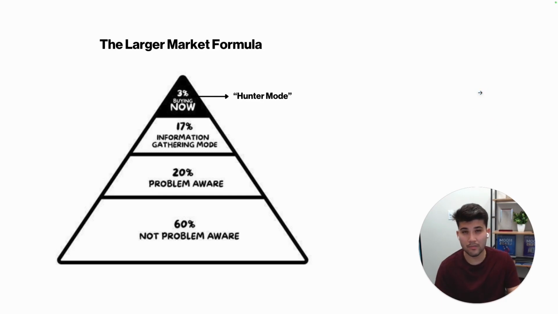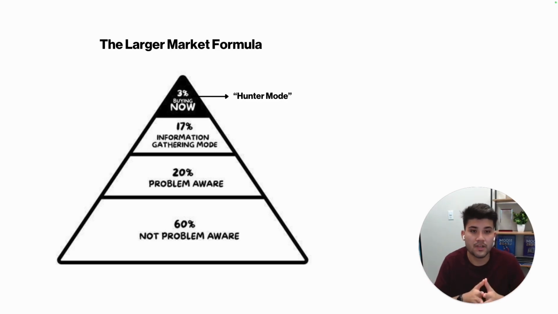It's basically because of your market. This concept, the large market formula, comes from the book Sell Like Crazy by Sabri Suby. Great read, highly recommend. And basically, what it entails is that in any given market, it doesn't really matter if it's for soccer academies, for bakeries, for any business, only 3% of your target audience is actually ready to buy. Right? And when I say target audience, in your case, I'm talking about parents in a specific region of your city or an entire town.